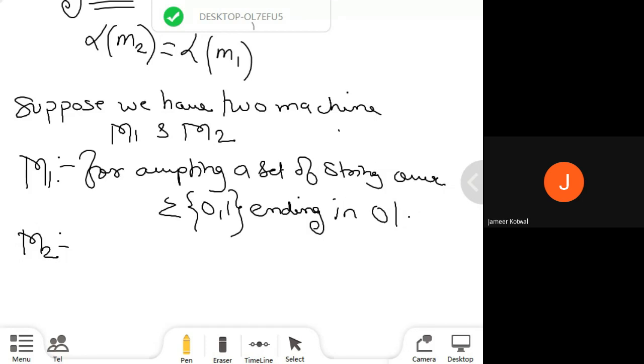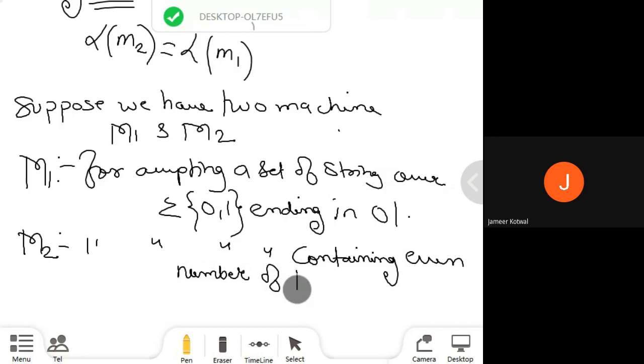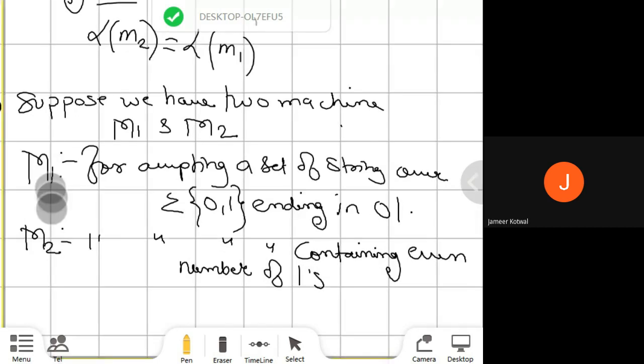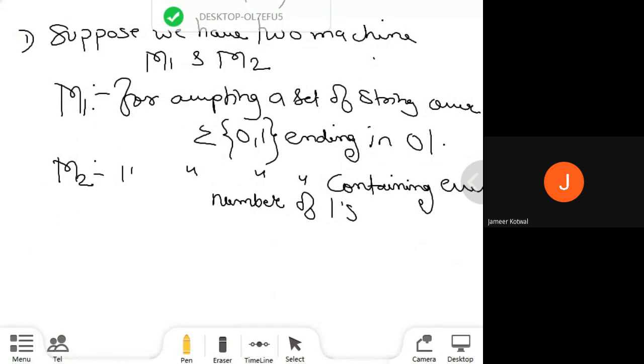Fine. Next one, same for accepting a set of strings over 0, 1, but here it contains an even number of ones, containing even number of ones. म्हणजे आता आपल्याला काय करायचंय, दोन मशीन ड्रॉ करायचे आणि दोन मशीन ड्रॉ करून क्लोजर प्रॉपर्टी सॉल्व करायचंय, बरोबर. So here, design a DFA,